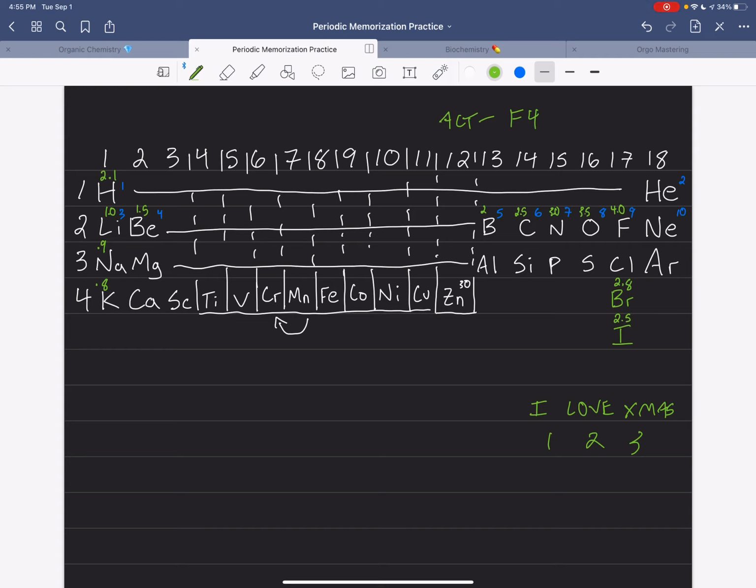Okay. The next one you can think is row 3. These are all going to increase by 0.3 until they get to a 0.5. So look at this, right? Or maybe not necessarily, but let's get, okay. So 0.9, this is going to be magnesium is 1.2. Aluminum is going to be 1.5. Silicon is going to be 1.8. Phosphorus is going to be 2.1. And sulfur is going to be,